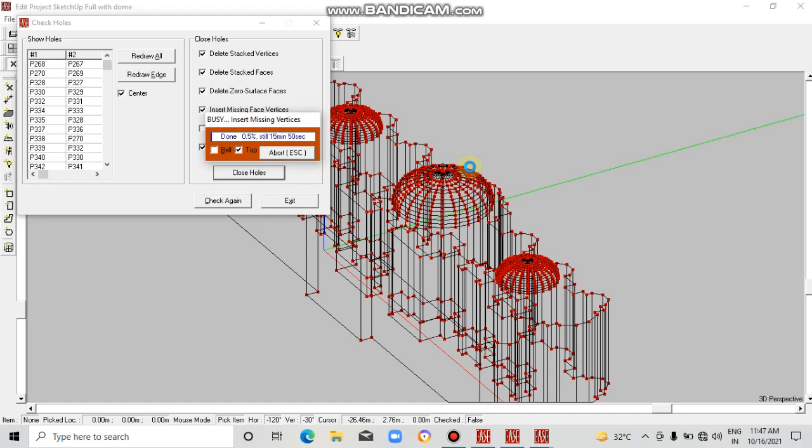It will take some time, like it's showing 14 minutes, 16 minutes, and it will go on. It's better to redraw your model again and check the holes in the previous model instead of checking it here. So I'm going to cancel it and check my model again. So this was a basic procedure of how to import a model into the Ease software. So we will meet again in the next video.